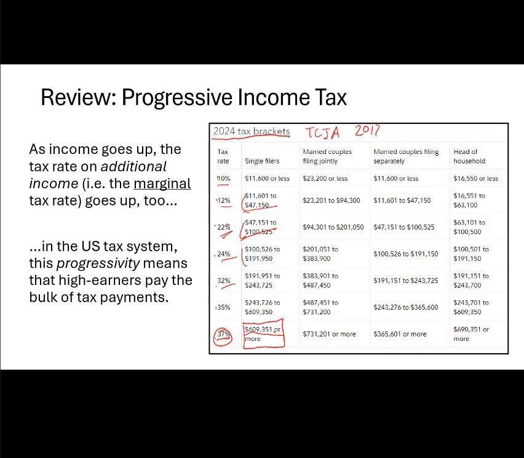Because if we're talking about a football player or basketball player or famous singer or actor, those people make millions of dollars. The vast majority of that is going to be taxed at 37%. High income people are paying pretty significant tax rates on the bulk of their income. Lower income, middle class people, down in these ranges here, they're probably paying something in the 20s on the bulk of their income. So high income people pay the vast majority of the taxes.